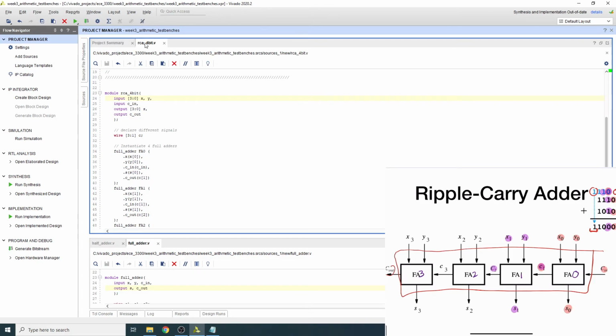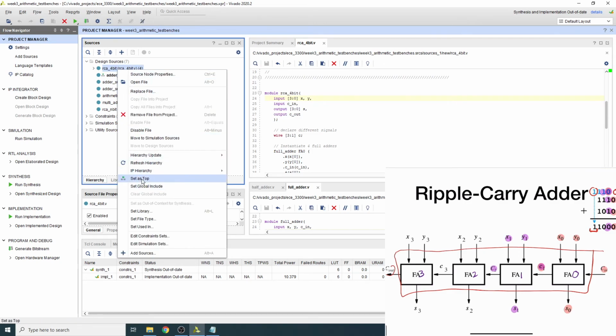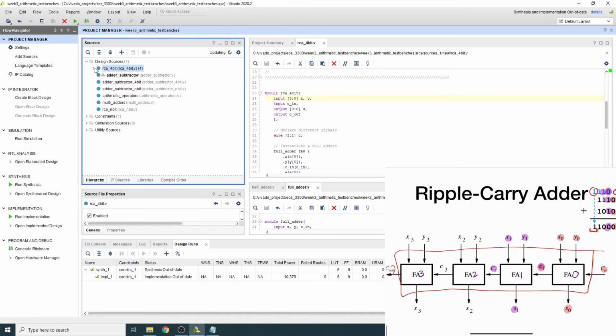So I'm just going to save this little guy in here, and I'm just going to show you here. I have a bunch of files in here. Don't worry about it, I just prepared it ahead of time. But the one I'm interested in is this one here, the one that is highlighted. I'm just going to make it my top file. And of course, you can take it and implement it on your board. You have to add a constraint file and whatnot. But I just want to show you the concept of